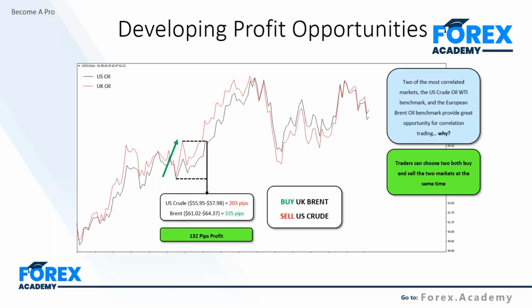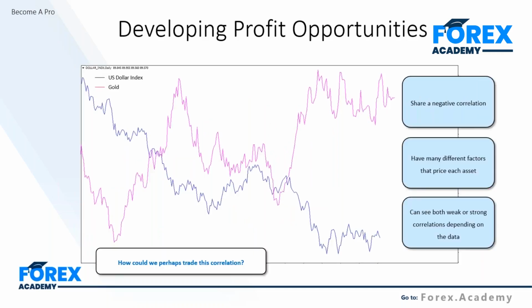Okay, and again, oil is one very good example because the market trades in dollars. It is one very unique market, the oil market, because the commodity itself is priced in dollars per barrel of oil, of course. So there's no spread ratio or anything you'd need to try and figure out between the markets. You'll simply be trading the same trade size across these markets. So again, one opportunity there for you.